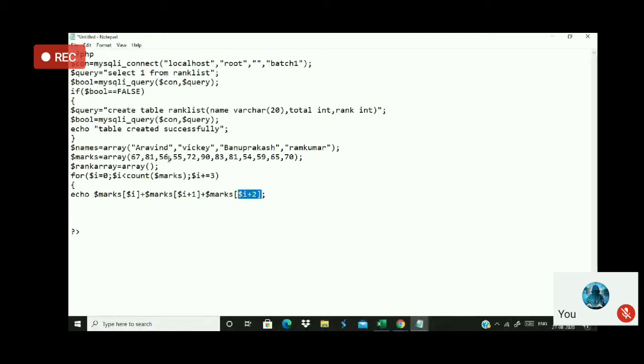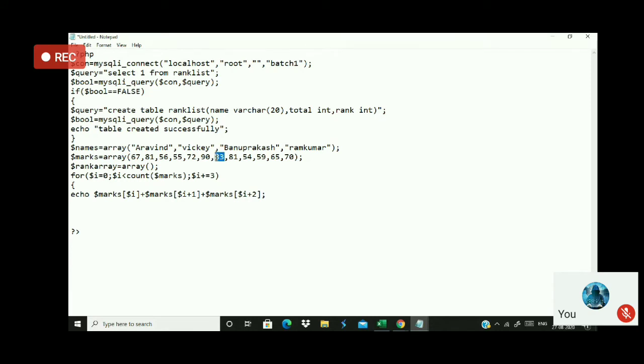Marks of 2 is actually 56 because $i is 0 here. 0 plus 1 is 1. Now 0 plus 2 is 2. Now $i becomes 3 for the next iteration. What is $i equal to 3? 55. $i plus 1, 3 plus 1 is equal to 4. And 3 plus 2 is equal to 5. Now what will be the answer here? $i will become 6 here.